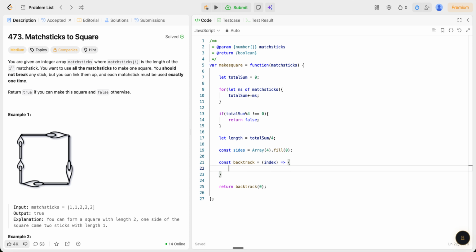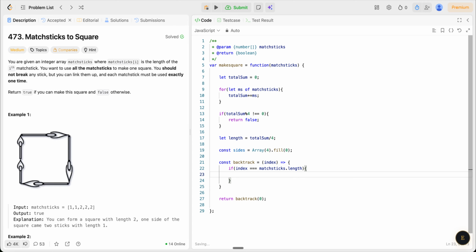And now in this case, if index reaches the final index of the matchsticks, that means we have placed all the squares properly, so we are going to return true from here. Otherwise we will iterate over all the sides. There are 4 sides,